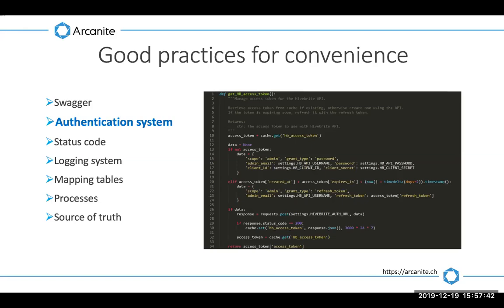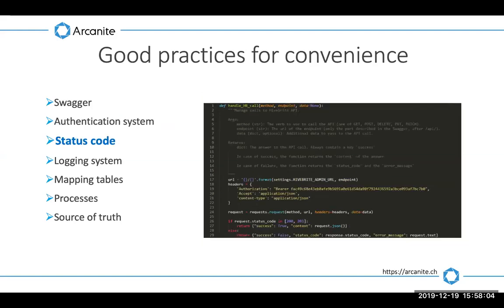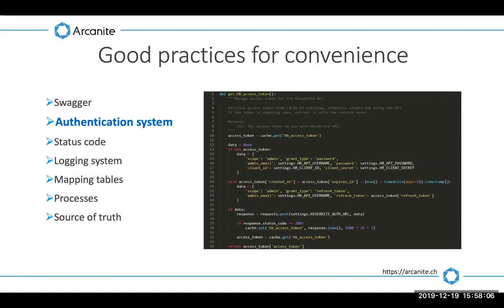I've been using a caching system to keep my access tokens. The first time I have to put my email address and the password, the client ID and the client secret that we talked about just before. And then if the token is about to expire, what I'm doing is creating a new token using the refresh token method that I just mentioned also before. And once this is done, I have my new token and I can reuse my token to do all the